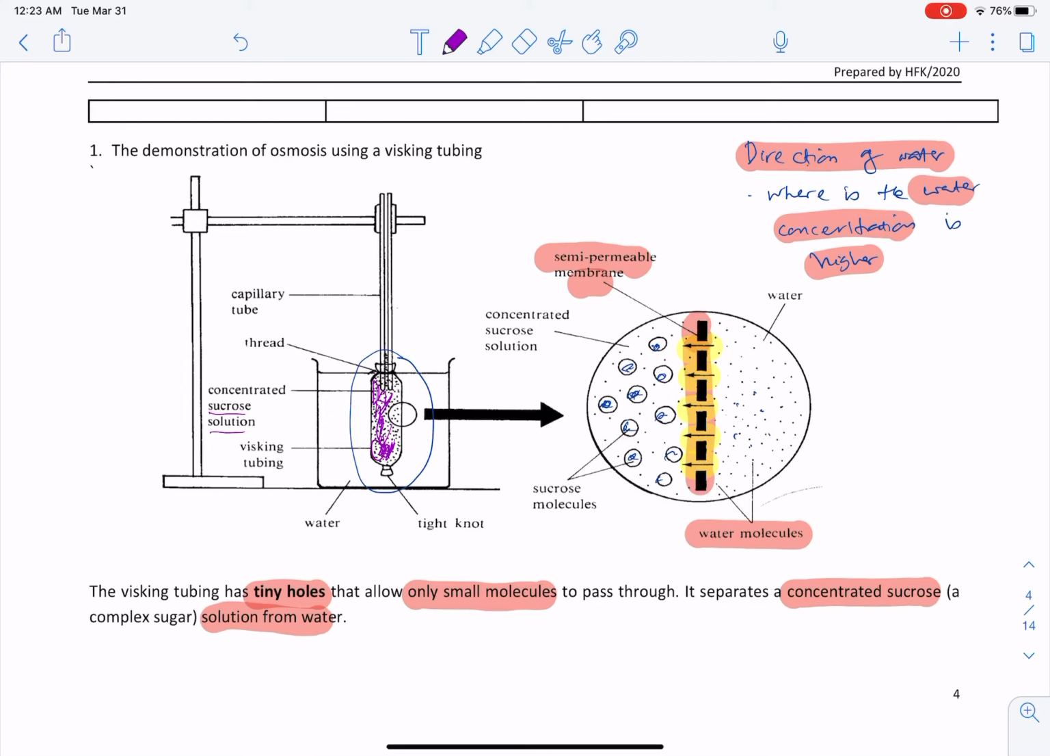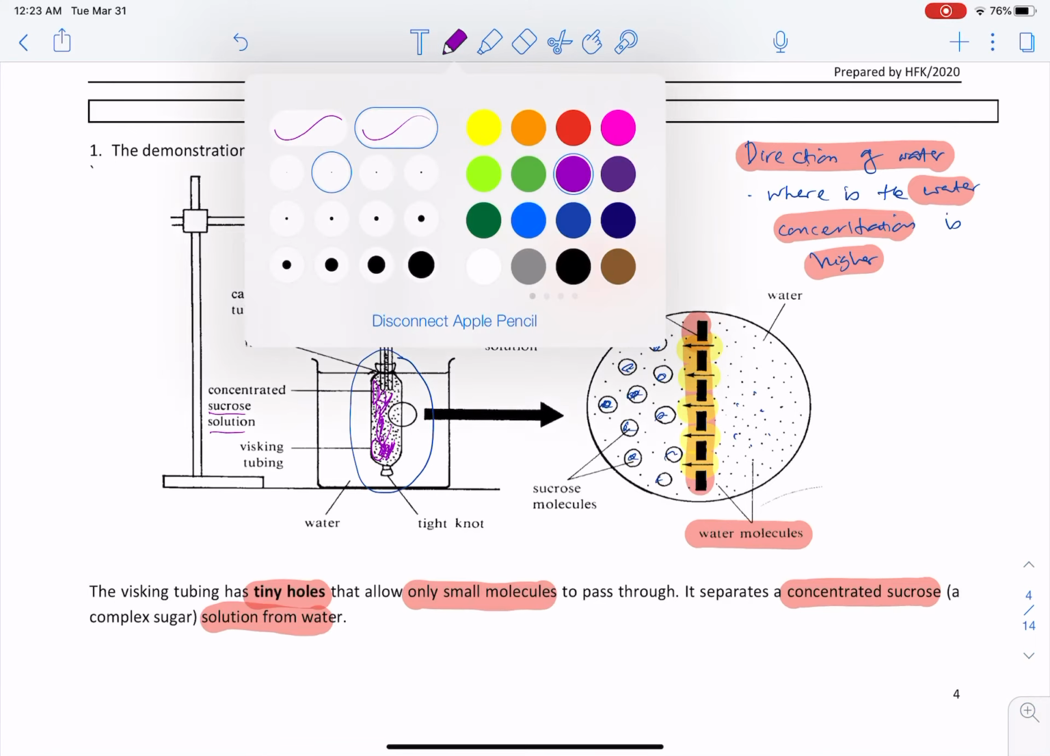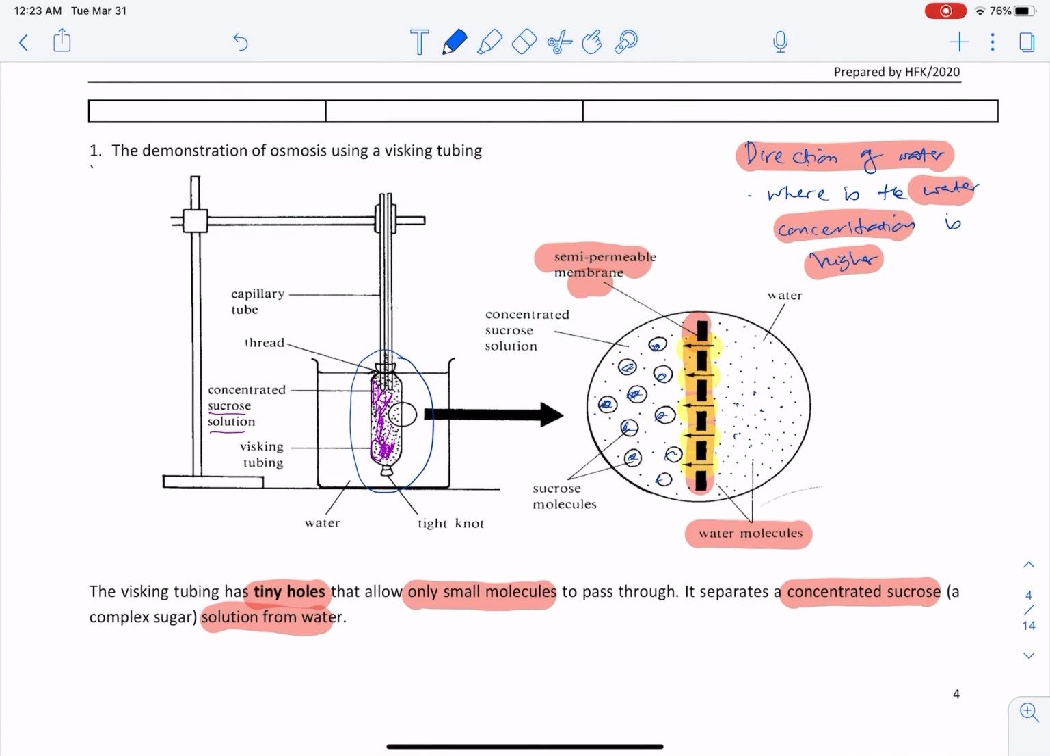And outside here is the water. Here is the water. Okay, so I repeat,